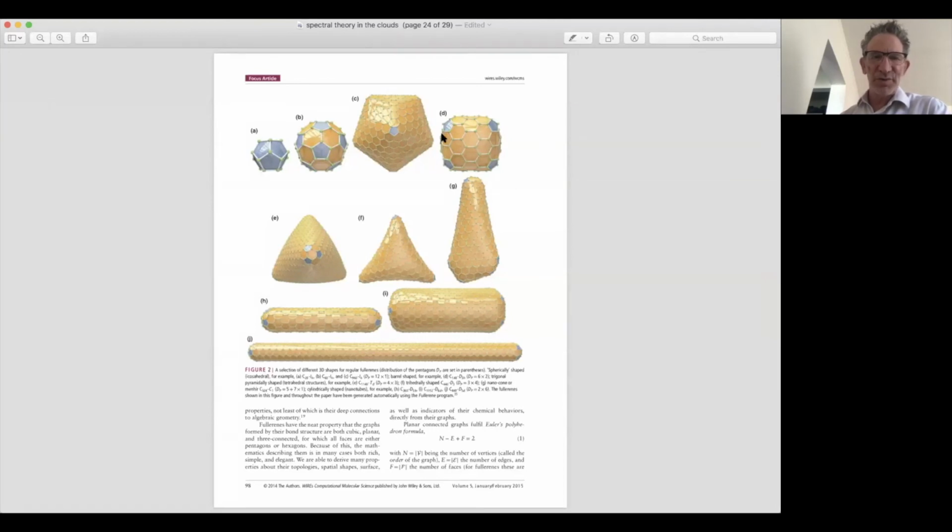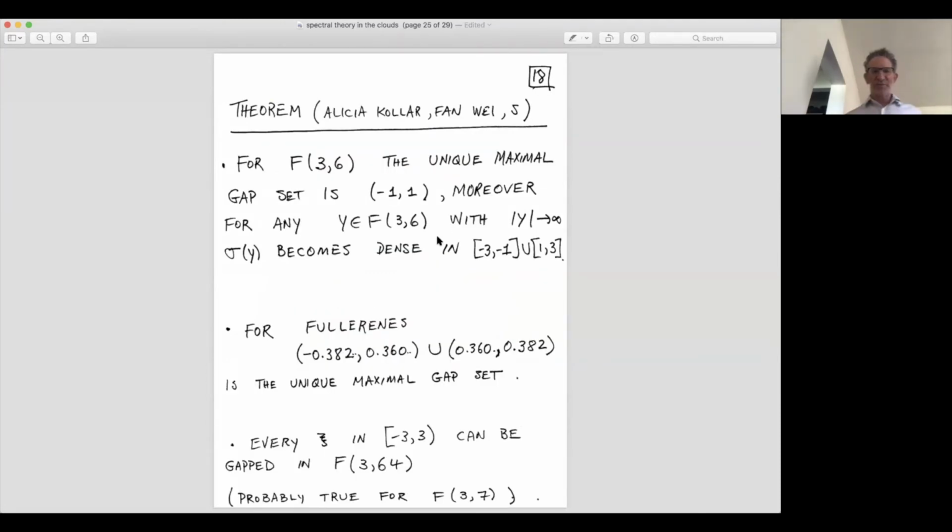And the question is, what gaps can you create in the spectrum of the adjacency matrix of this problem that's fundamental? Okay, and this is what we can prove. This is being written up. So for F3-6, so for planar graphs, 3-regular with at most 6 sides per face, there is a unique maximal gap set, -1, 1. In fact, you saw that example that I drew happened to have at most 6 sides per face. It had a lot of hexagons. If I go back to it,